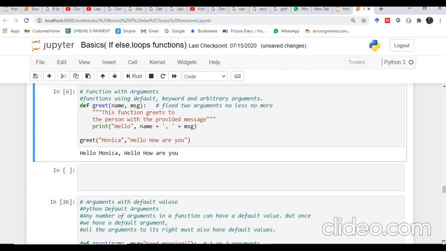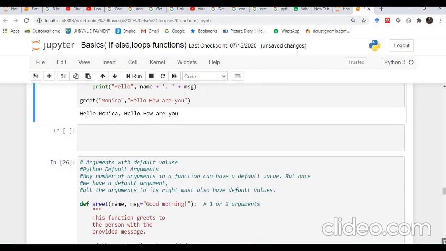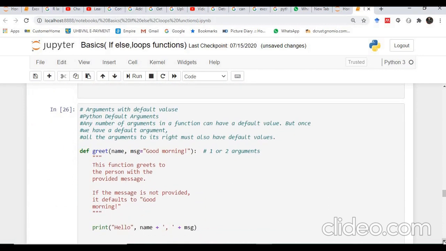Okay, so next, can we have default values for the arguments? The meaning of default values is that if we do not pass a value for a particular argument, then a default value will be taken by the function, and that value will be assigned to the particular parameter for which we want a default value.